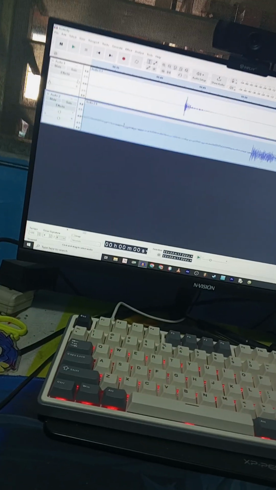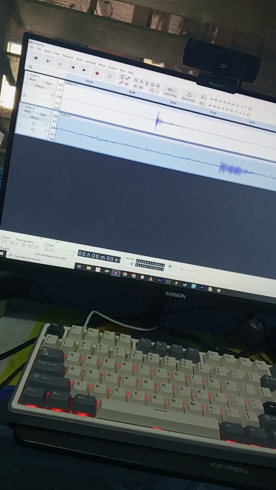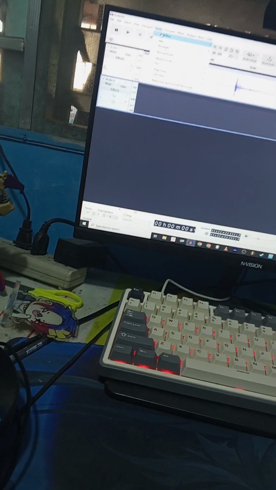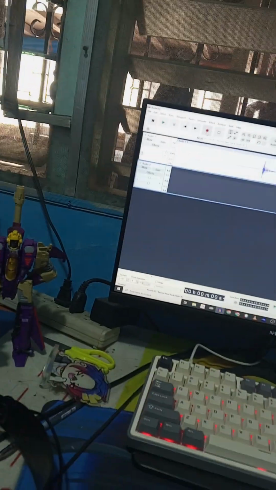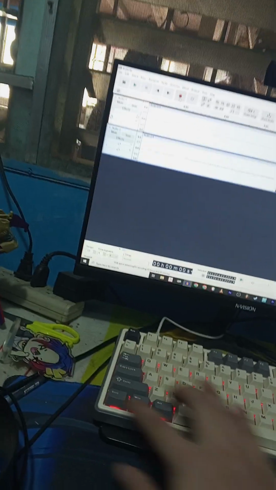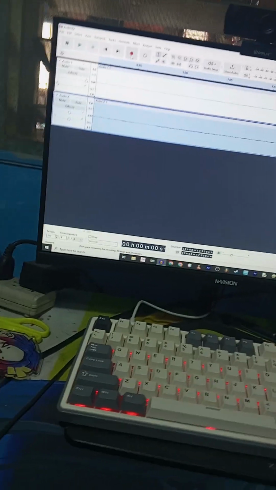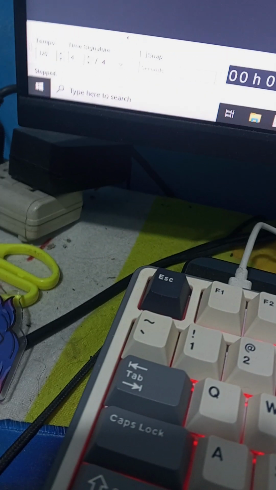What I'm gonna do is, of course, you don't have to do the headset thing if you have a speaker. Speakers would work much better. Now once I have that on my recording preference, I'm just gonna press record again and let the clicks play. Oh wait, let me just zoom out. It's gonna be unedited, so I'm sorry for most of the scuff. Now I'm just gonna press record again, and